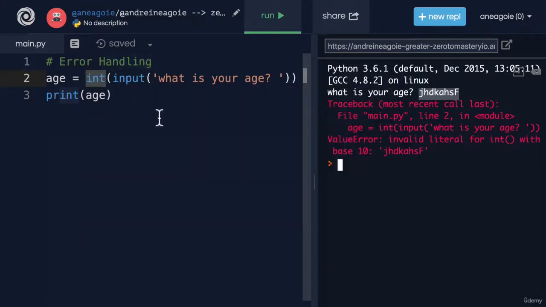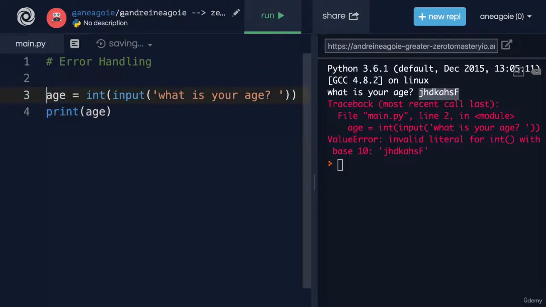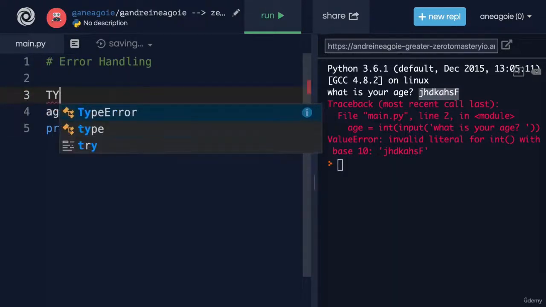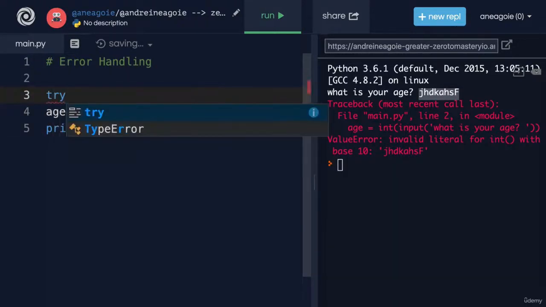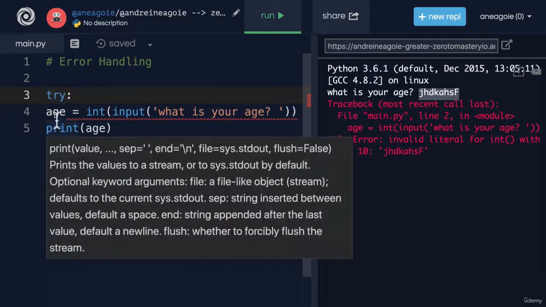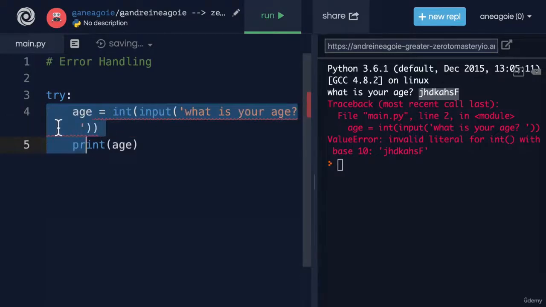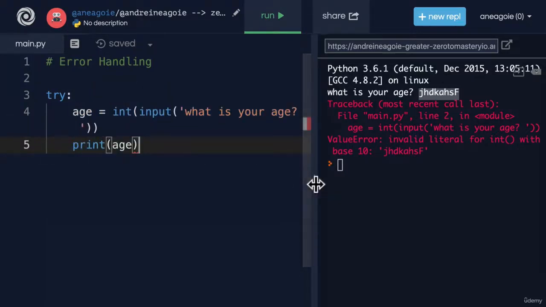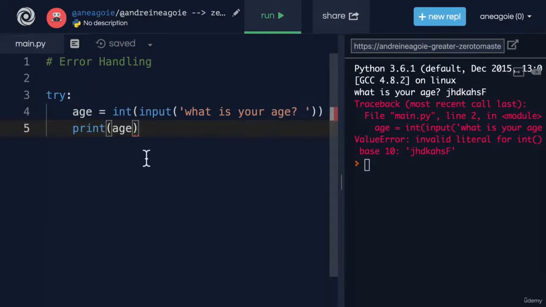With error handling. In Python, we can do it this way. We have the try keyword, which says, hey, I want you to try this piece of code. And we have to make sure we indent it. So we try this piece of code. Now, anything that happens inside of the try block, I'm able to handle, see where handling is coming from errors,